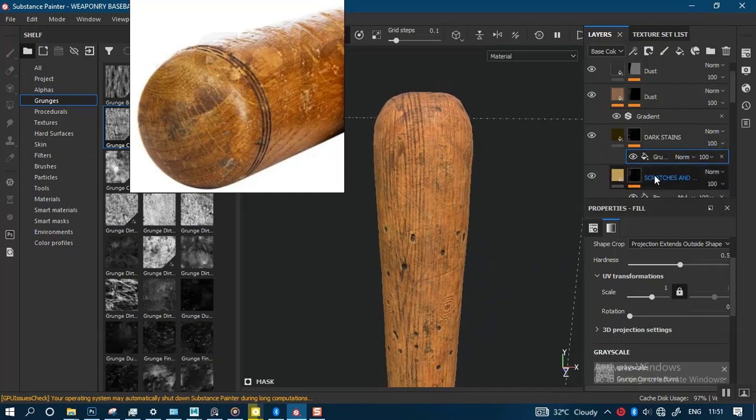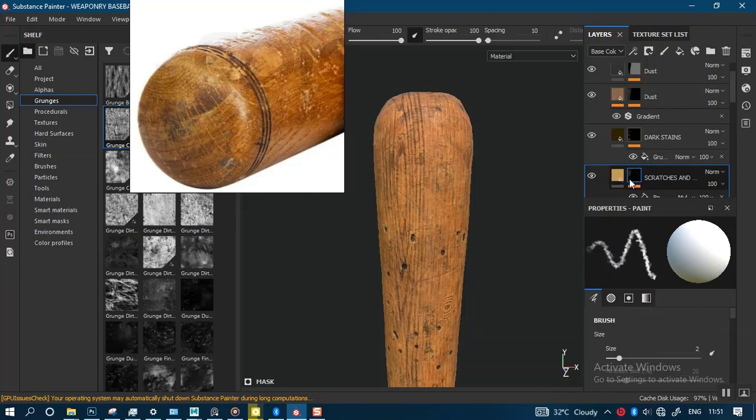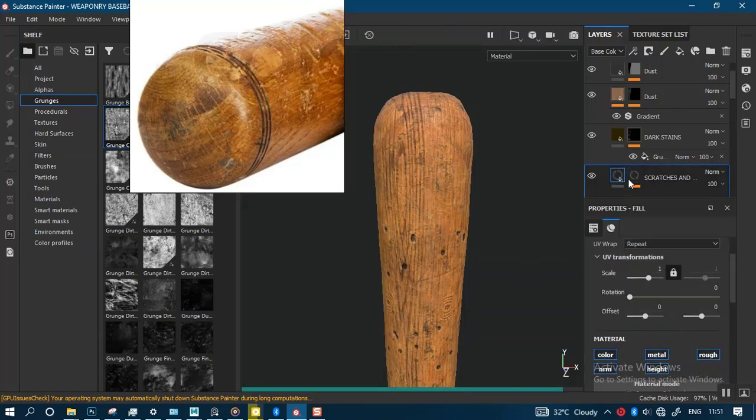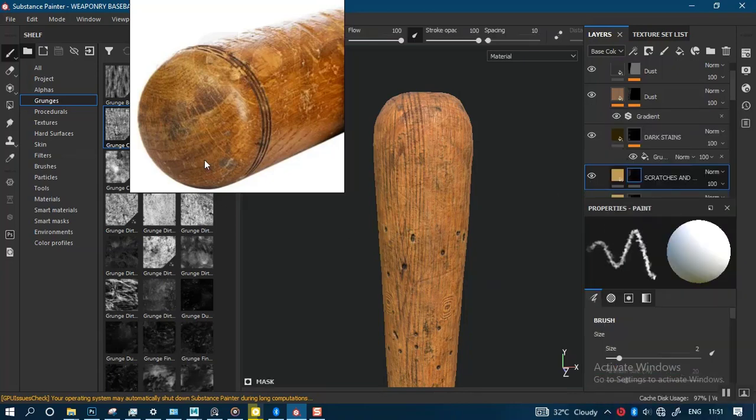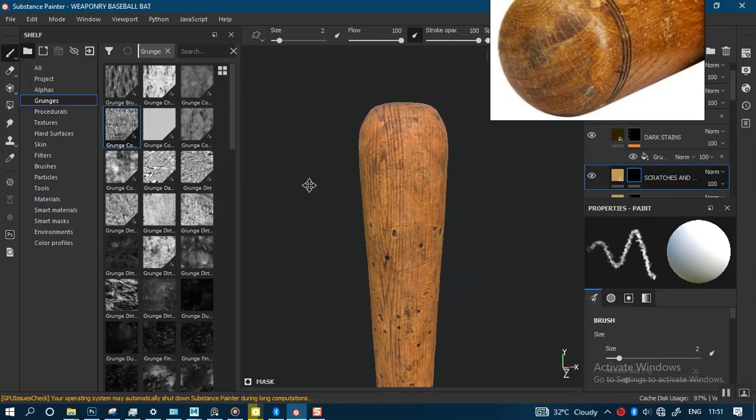So I'm still going to create something else also. So I'll need to duplicate this layer. I'll duplicate that layer and then I'm going to remove the mask that is in the fill layer that is in there. So add the black mask again. Let me look for